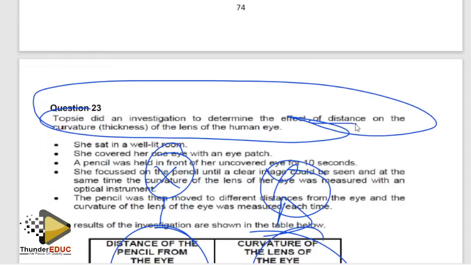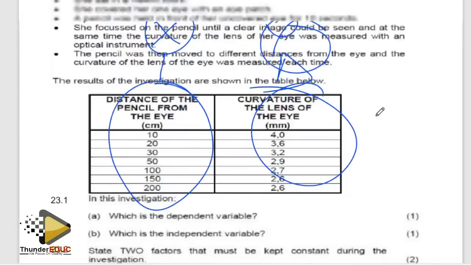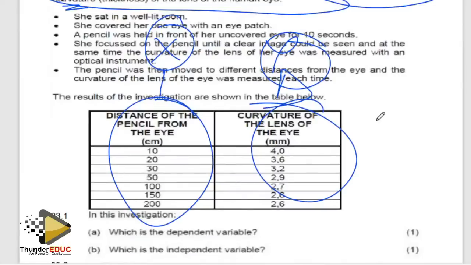Determine the effect of distance on curvature, meaning that the distance will determine the thickness or the curvature of the lens. The distance will determine how big the curvature is going to be. You understand the thickness. So please, when they ask you for a line graph, please title the axes. Make sure the axes have x and y. When they ask you independent